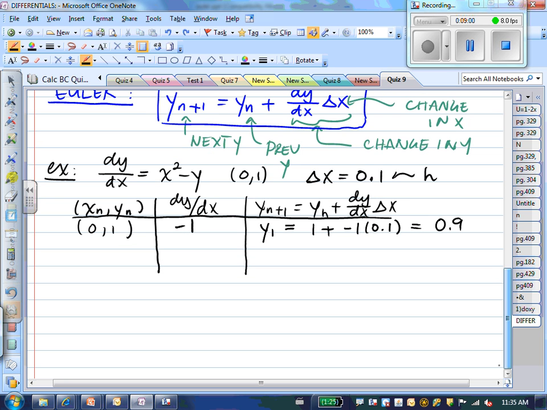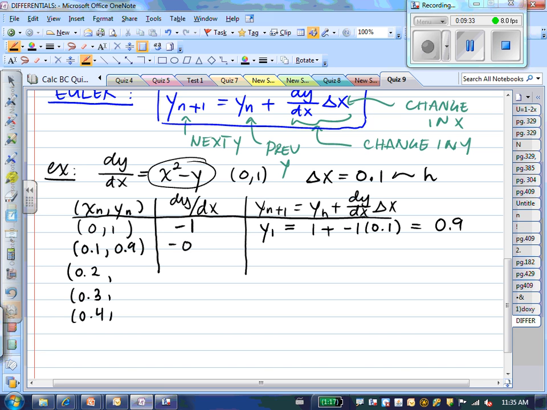So what does that tell me? That means if I am at x equals 0.1, my y value is 0.9. A good thing to do is, since delta x is 0.1, that means we move over 0.1 every time, and so it's a good way to keep track of your x coordinates. So my new coordinate is (0.1, 0.9). I need to plug that into the slope equation to get my slope. So if I go 0.1 squared minus 0.9, you will get